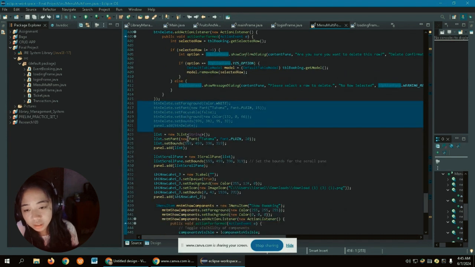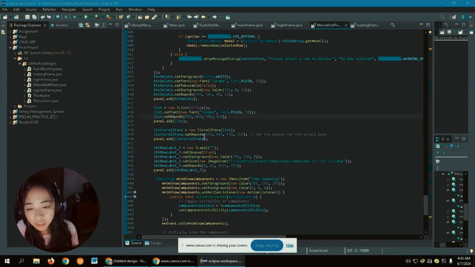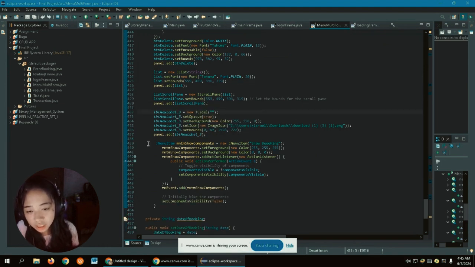And then here we're making a new JList, setting the appearance. Here we're making the JScrollPane and a new JLabel, and adding it to the panel. This right here is another JMenuItem that is named show booking.